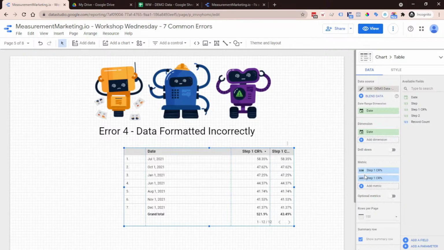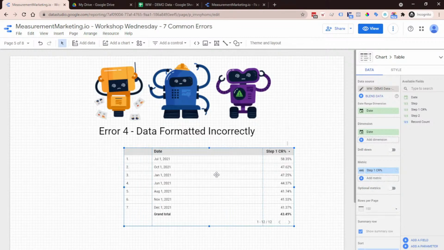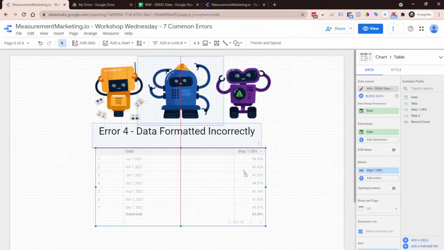But I just added it in again, and we can see this one's the sum and this one's the average. So this is the updated one. I'm just going to go ahead and remove this one. Again, it's probably because I need to give it a little more time to refresh and it'll be fine. But we've got a couple more errors to go through, so we're not going to give it that much time. All right, so that is how you would adjust for data that is incorrectly formatted